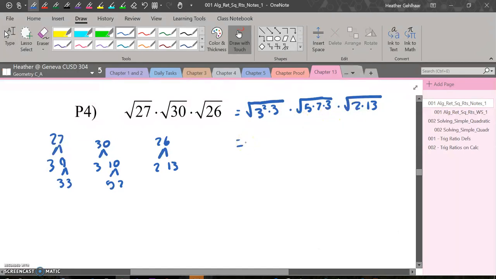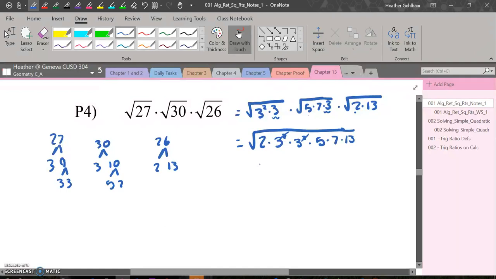So now I'm going to combine things even further. Okay, so we have this 3 squared here. That's not going to change, but I'm going to write that 2 out front. So this 2 here times 3 squared. And then we have here a 3 and a 3. So I know that's 3 squared. Then we have this 5, 7, and 13. So from here, we can take out both of these 3's. So then we're going to have,